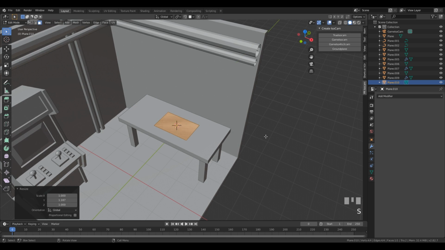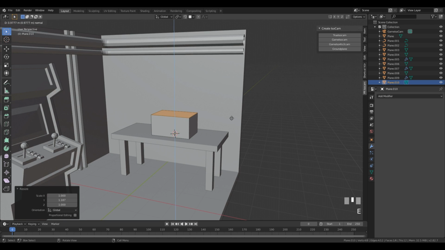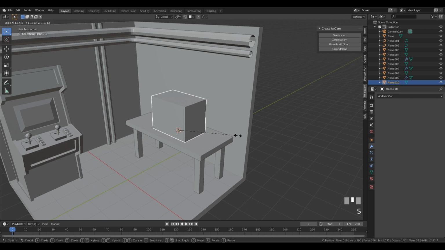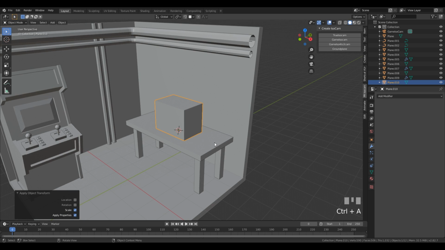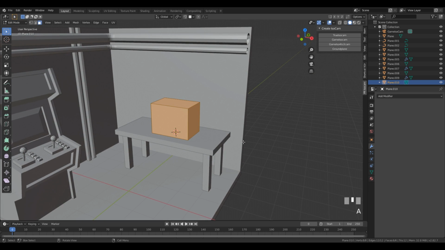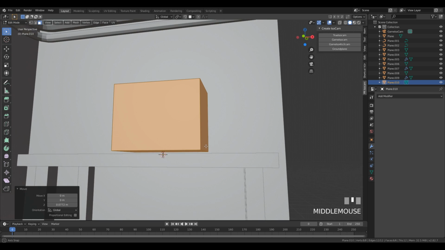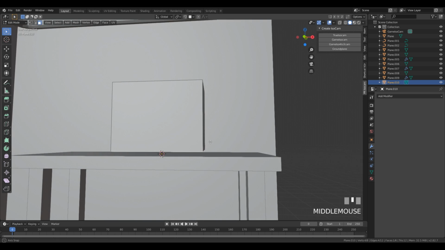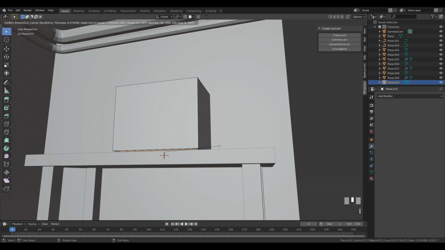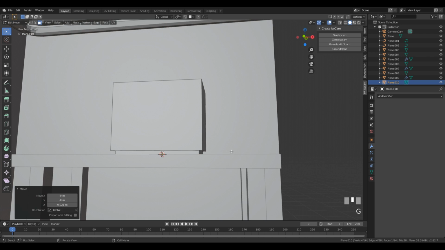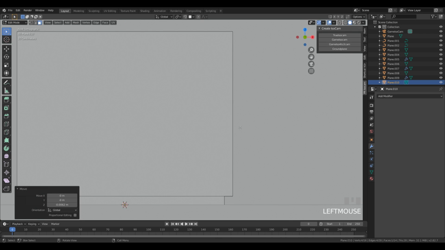And right now we can extrude this, and we can make the TV a little bit larger. Let's apply the scale, and maybe we can now go to the front view, move it up a little bit, select the bottom face, let's do an inset, extrude it down. Okay,